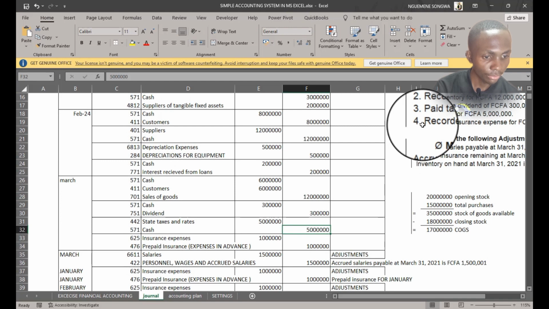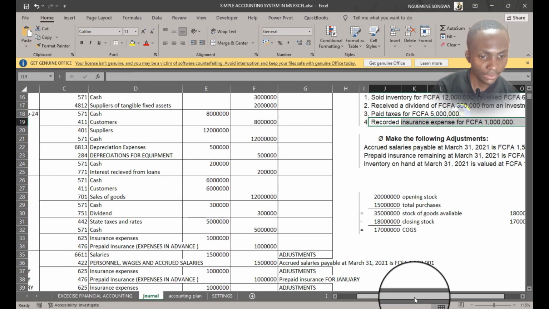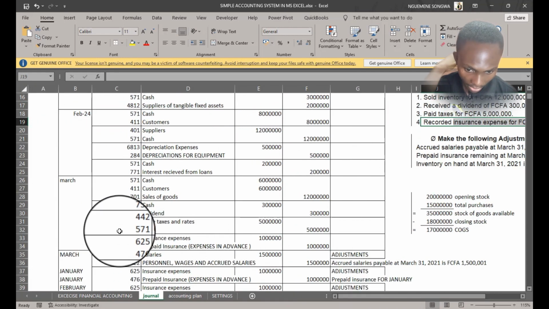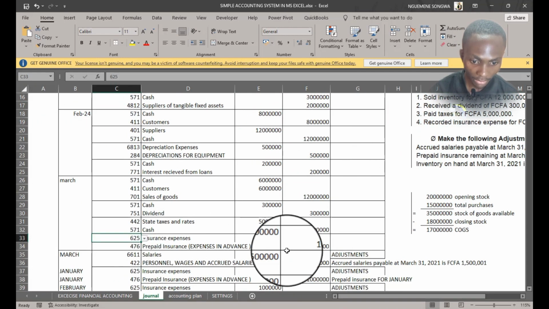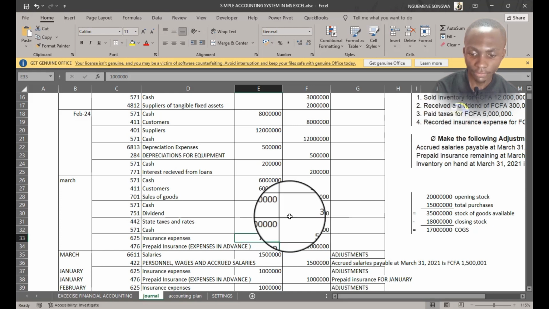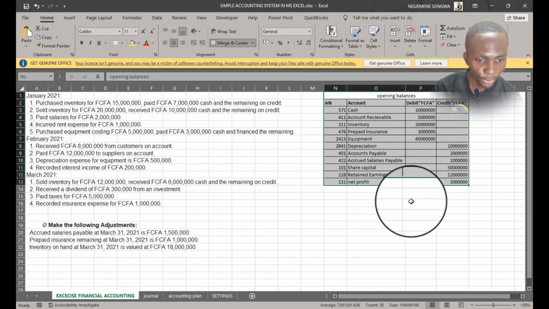Then there is also recorded insurance for 1 million. Recorded insurance for 1 million means we paid for insurance expense of 1 million. Already, if we check the exercise, there were opening balances, and according to the opening balances, there